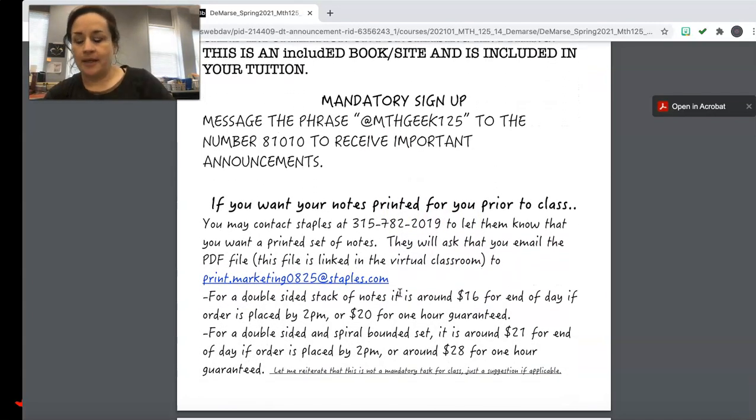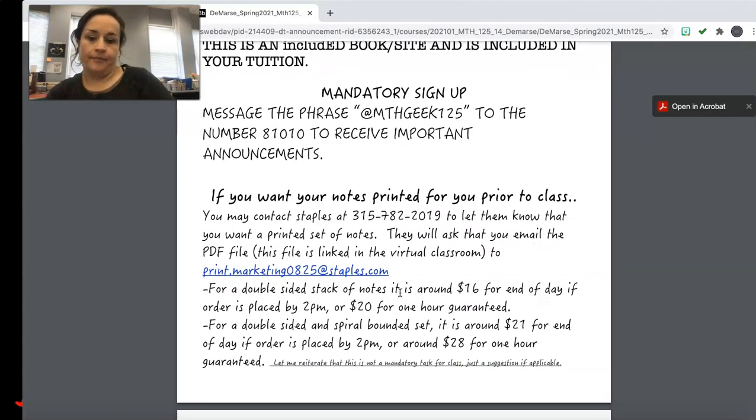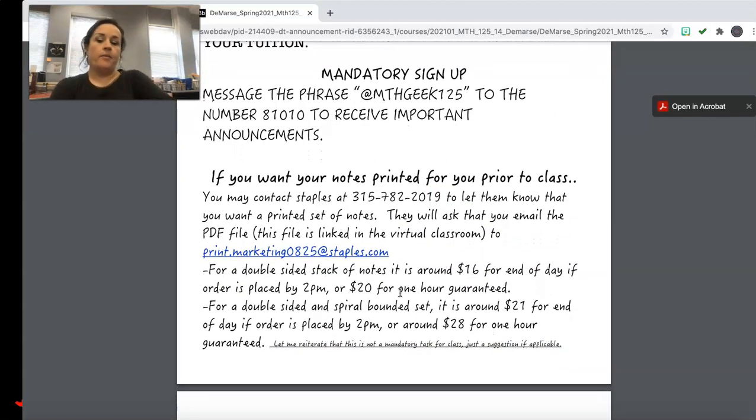Yeah, so you want to get text message reminders. Only good things happen. I did take a moment and called Staples just to see what the situation was. If you're a person that doesn't have access to a copier or a printer or the toner to print 109 pages of notes, you can call Staples. The phone number is right here. All you would have to tell them is that you want to print a set of notes. They will ask you to email the PDF file, which is linked in the virtual classroom, to this email address,